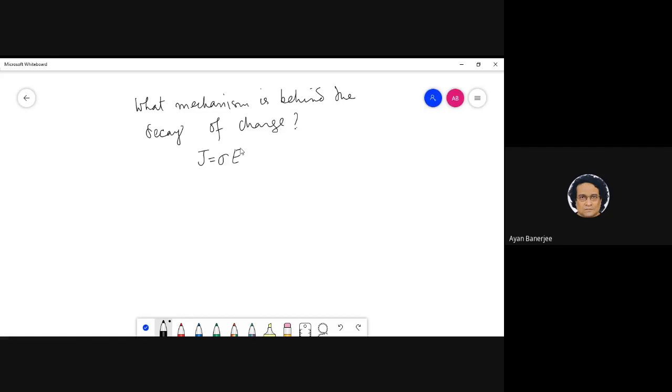Why do you think this electric field is decaying in the presence of this free electron density? What is the reason why there is this skin depth, and why does the electric field decay so fast? There should be some resistance because of the free electrons. Yes, exactly. The moment you write this current density, because of electron collisions, there are some kind of ohmic losses